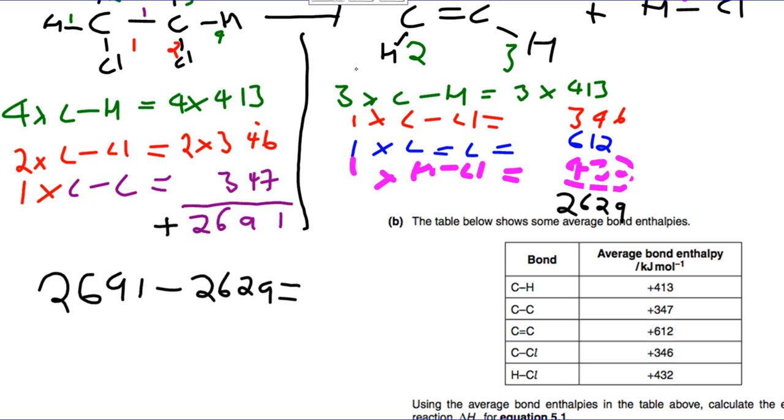Then we say, what is the energy released when we form all of the bonds in the products? So that is an exothermic process. So that's always going to be a negative. So we can write those round that way around. And we do 2691 subtracted by 2629. That gives us 62, which is a positive answer because we've already put the sign on. We know that whatever sign comes out of this is going to be the sign for it. So we know it's an endothermic reaction,